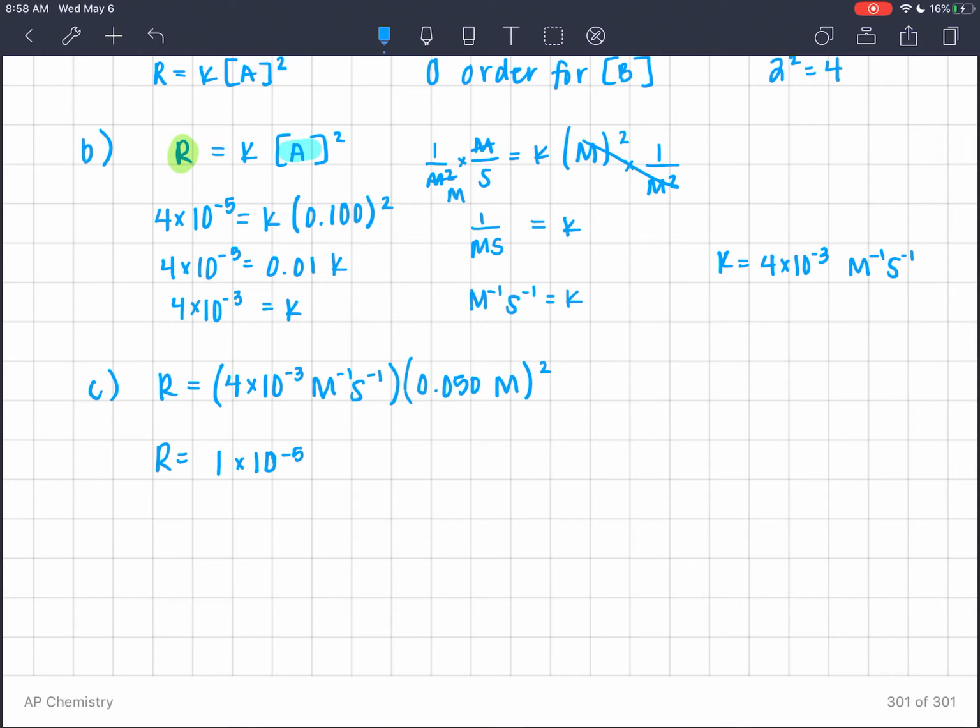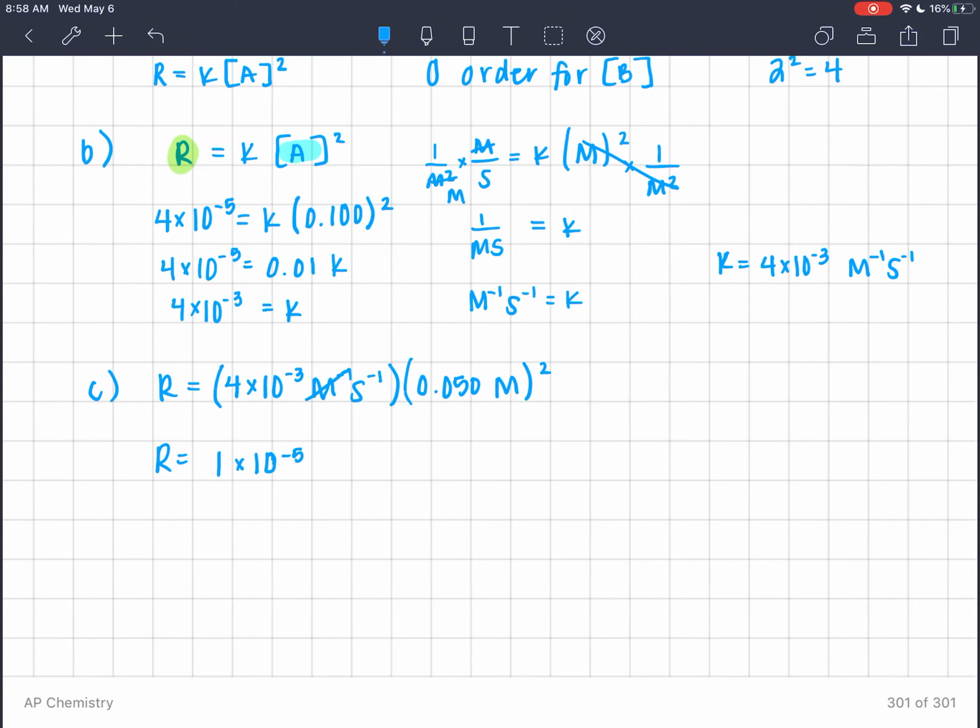And my units, if I wanted to just double check that I did things right, I'm going to end up having one of these inverse molars canceling out with one of these molars, because this is molar squared, which is going to leave me with 1 molar left, inverse seconds. Now, how could I rewrite this? I could rewrite this as 1 times 10 to the negative 5th molarity per second, which is exactly the unit